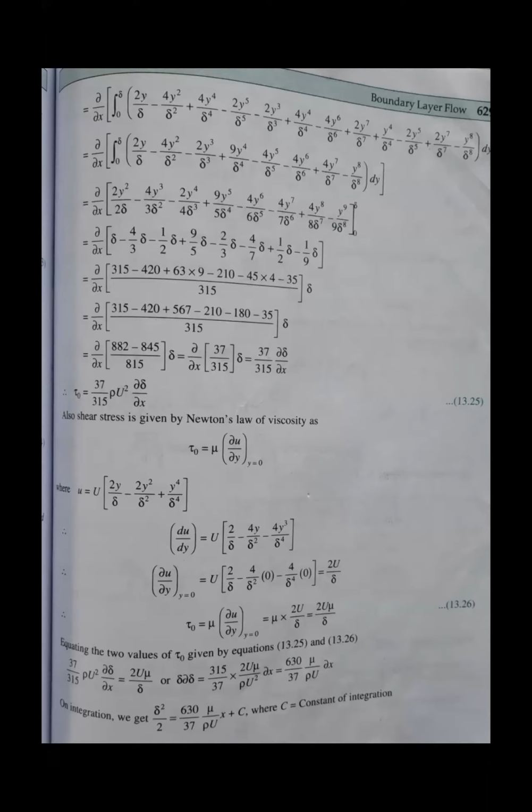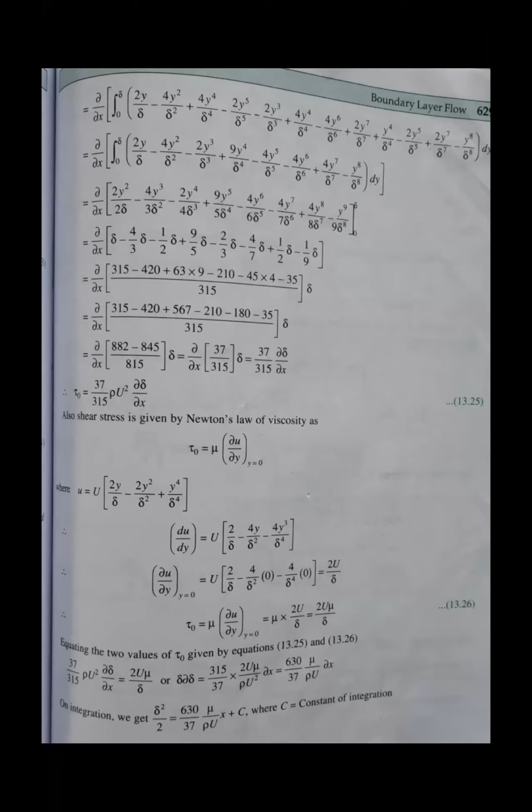And of course, all the terms have y in it, and therefore the lower limit 0 has no value, and therefore only the upper limit you can substitute after integration. We integrate using the integral of x power n dx is equal to x power n plus 1 by n plus 1. And after doing integration, and after the limits are applied, that is delta, you will have